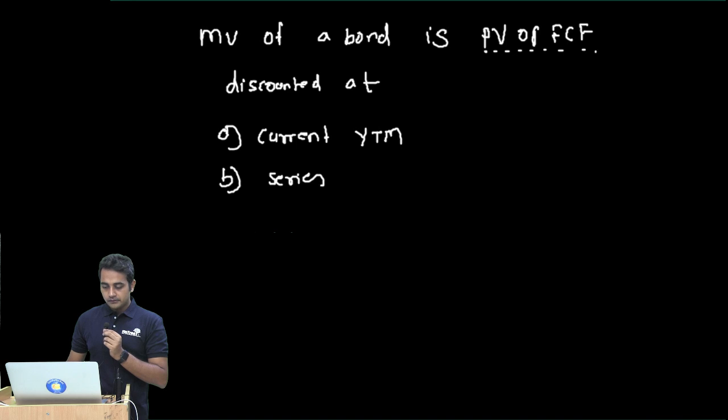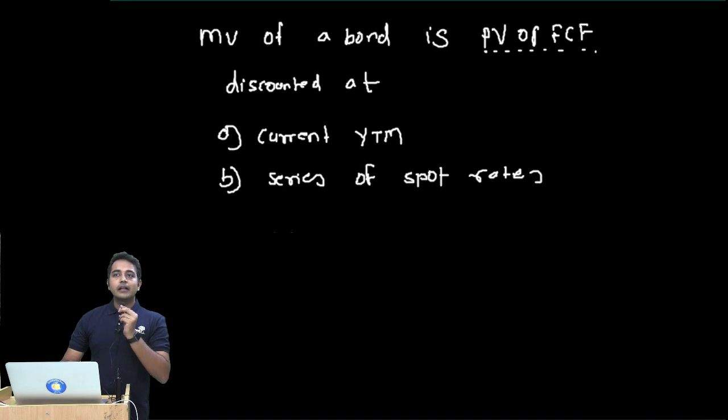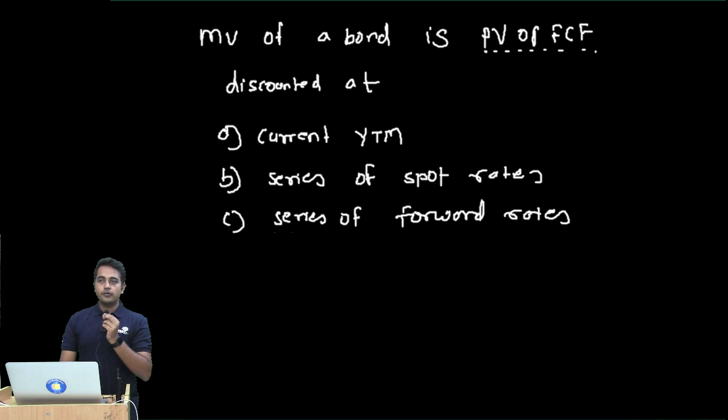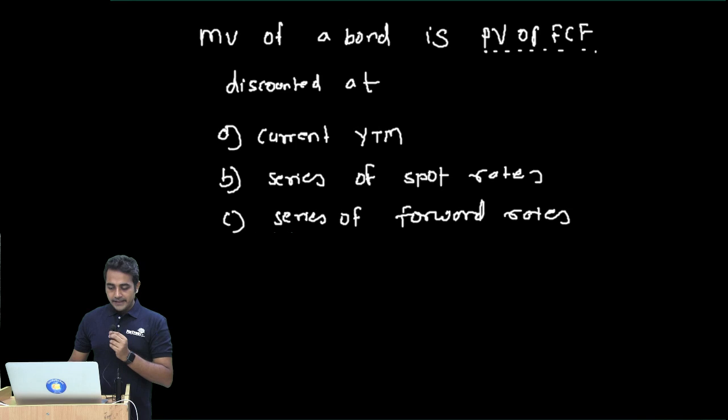B, series of spot rates. Okay, so what are spot rates and how does it work? We're yet to see that. C, series of forward rates. Or D, a combination of